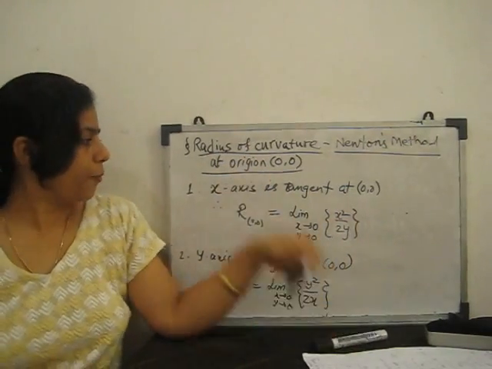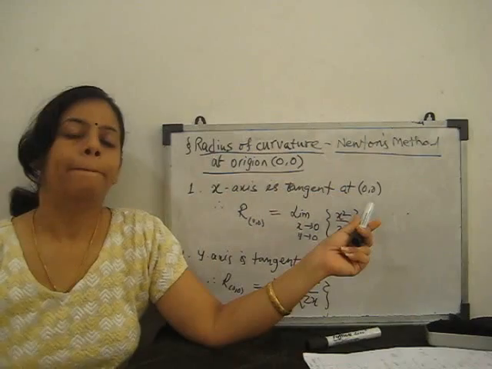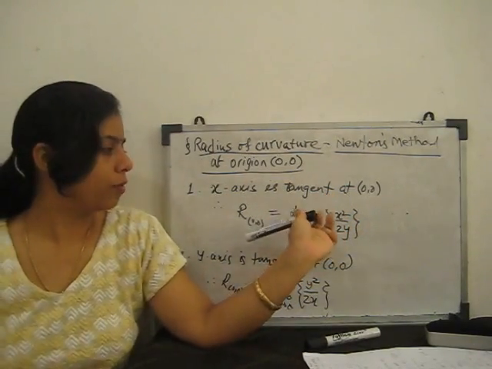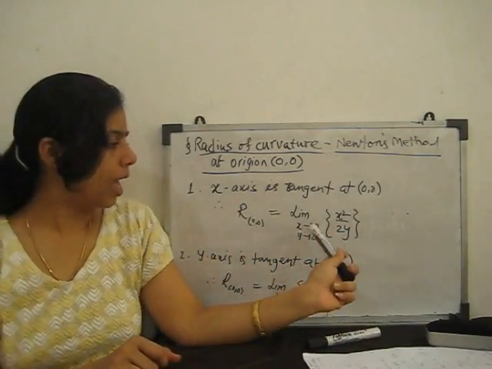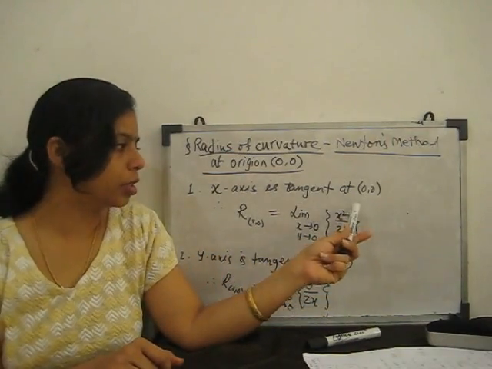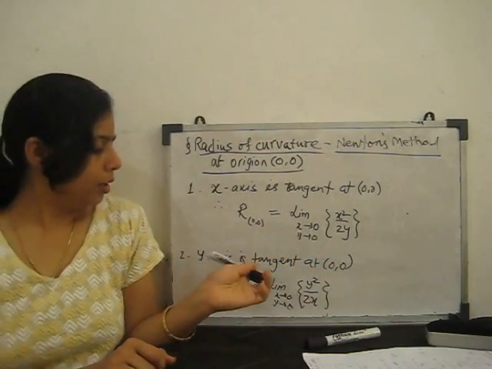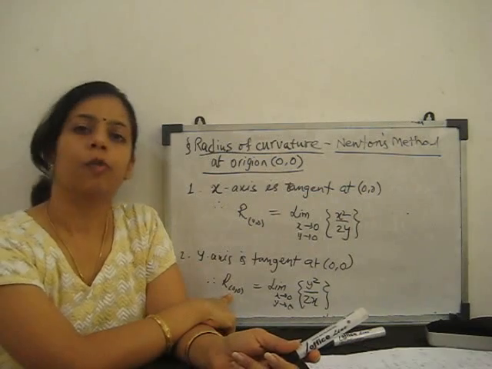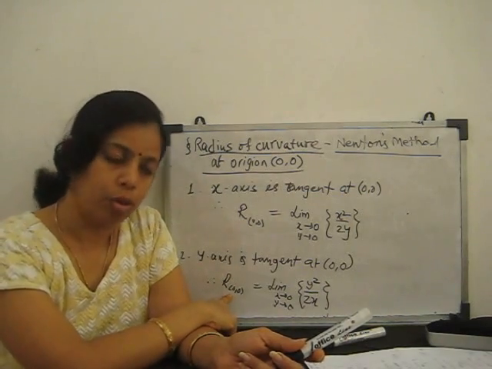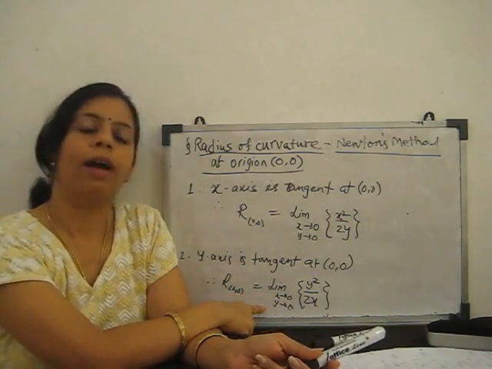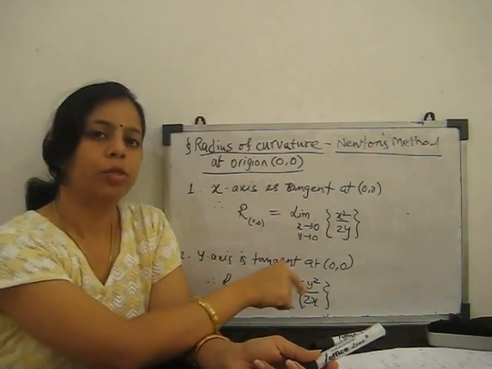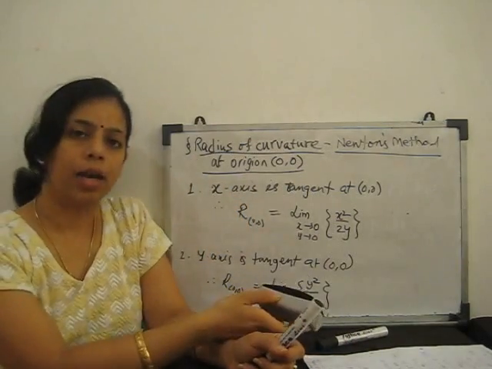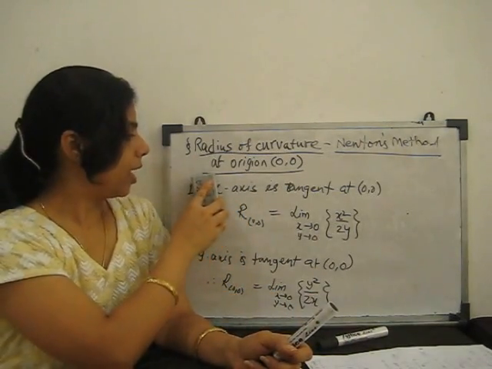So first, if the x-axis is a tangent at the origin (0, 0), then the radius of curvature at the origin is given by the limit as x tends to 0, y tends to 0, of x square upon 2y. Similarly, if the y-axis is the tangent at the origin, then the radius of curvature at (0, 0) is given by the limit as x tends to 0, y tends to 0, of y square upon 2x. Clear? Next case, if both axes are not tangent at any place,